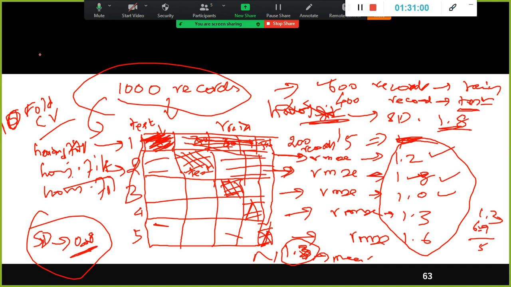If you have, let's say, 1 million records in the test data set, especially when you work with Walmart or Target, 1 hour of transactions is 1 million. The volume of the data is very high. And if you create 10 folds, right, it will take a lot of time. The more folds you use, the computation time will be very high.